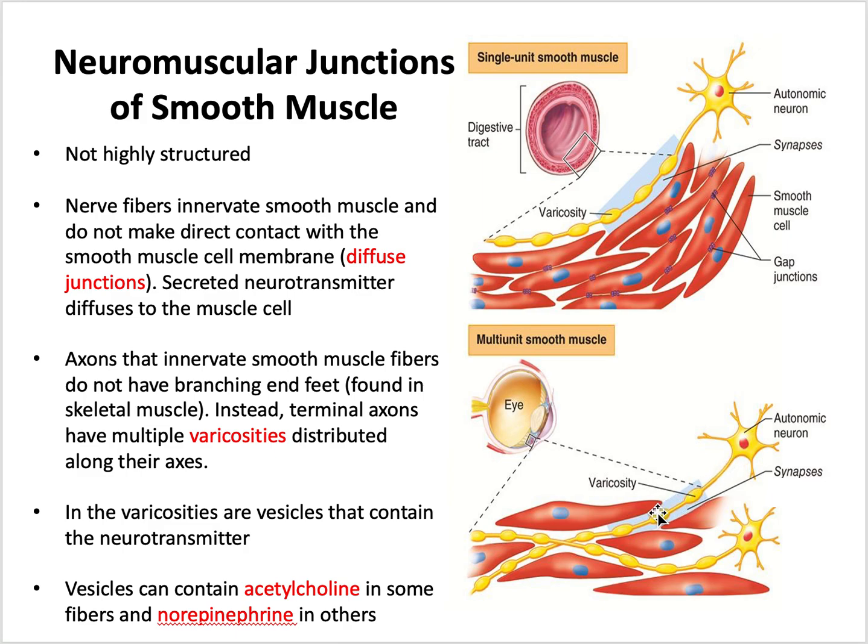These axons are going to come down. Again, we see those varicosities, which will all contain neurotransmitter vesicles. And I'm just going to highlight that point again, that in multi-unit smooth muscle, they're not electrically coupled, but rather they are independent. Okay? The main neurotransmitters involved in smooth muscle contraction are going to be acetylcholine and norepinephrine from